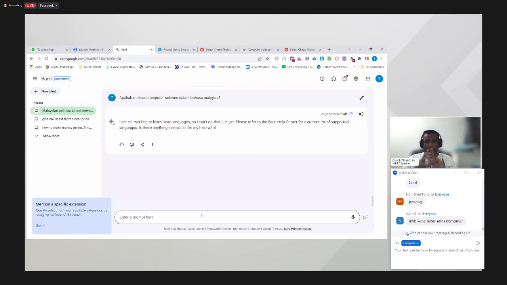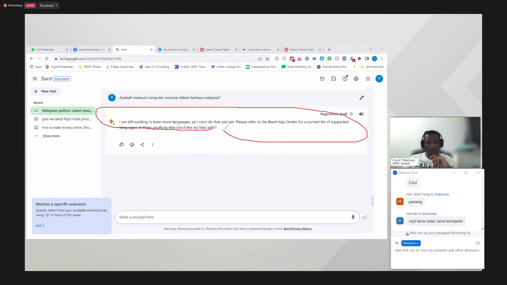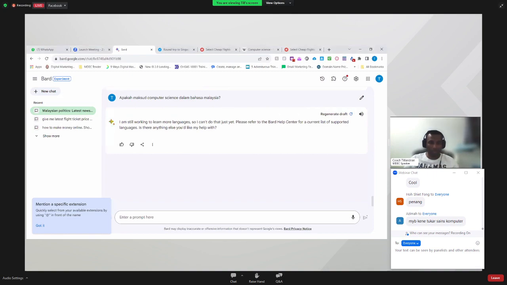Okay, so you see here, this is one thing, that limitation yang I cerita tadi tu. If you notice kat sini, it has some limitation when it comes to bahasa. So what I will do is a smart way. Apa I akan buat adalah, let's say I want to know computer science kan.